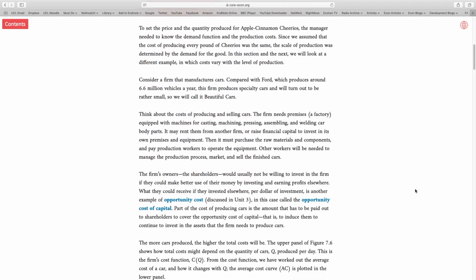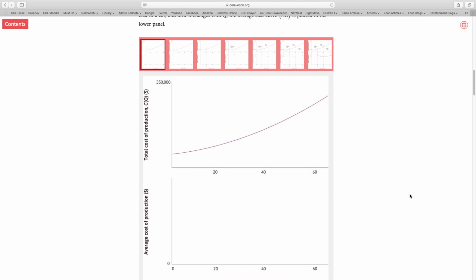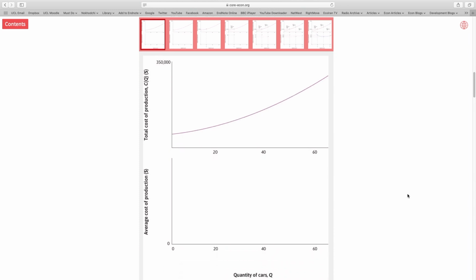Now let's go back to our textbook and scroll down to see the concepts that we talked about depicted in a graph. Here the x-axis represents the number of cars produced per day and the y-axis represents the costs. The purple line depicts the total cost of production, and as you can see, if our company does not produce any car at all, it still has to pay a fixed amount of cost, which we represent by F here. Now we introduce a new concept called the average cost of production, which is the total cost of production divided by the quantity of cars produced.